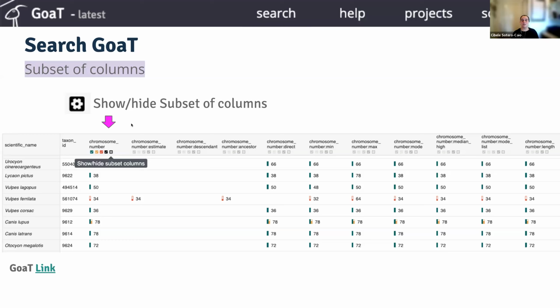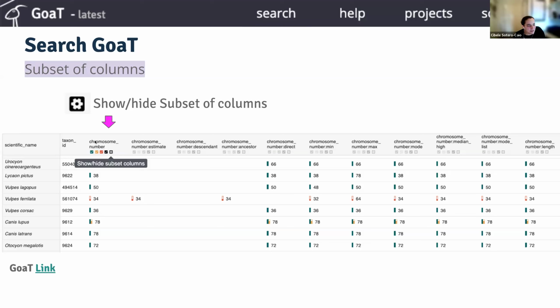One source of a lot of confusion for Goat is that people get this list of chromosome numbers, download it, but forget to check which ones were a direct value versus an estimate, because once you download the table, everything is in that column and it's not color-coded anymore. So to avoid that, Richard, who is the one that actually codes for Goat, created this cogwheel that allows you to expand. It will give you all of the possible expansions of the column.